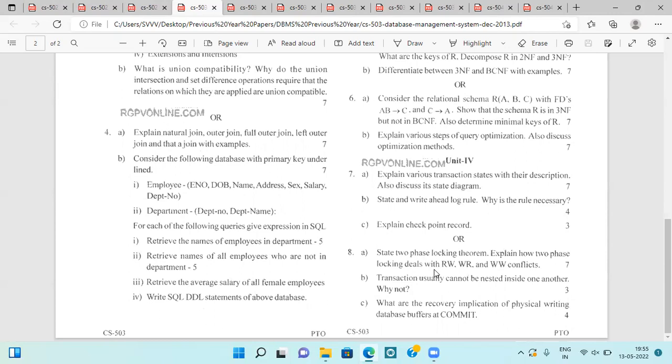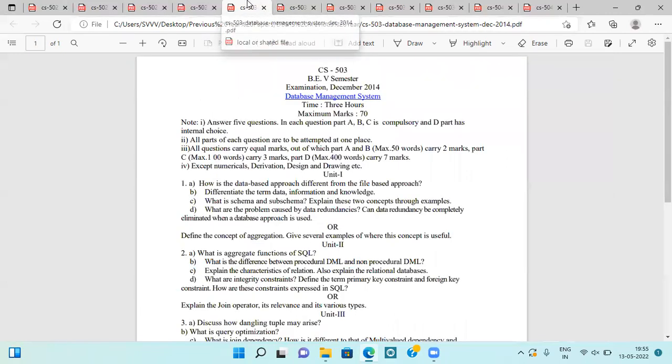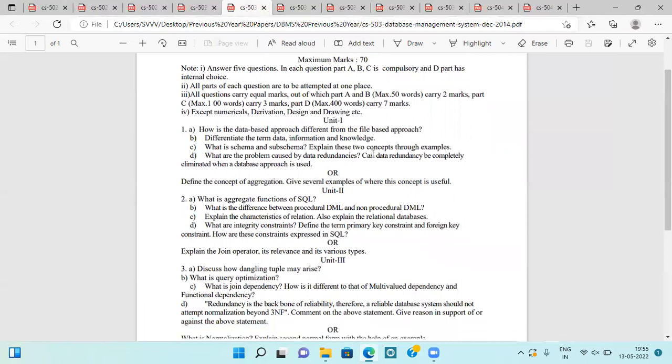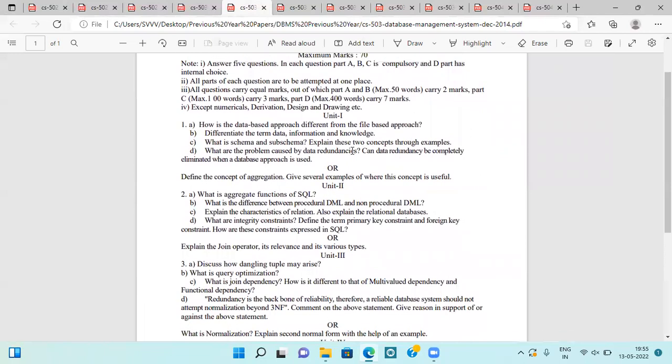Transactions usually cannot be nested inside one another. Why not? And the recovery implication of physically writing database buffers at commit. Right. Next is the question paper of 2014. Here you can see they are asking about database approach, how it is different from the file-based approach, and